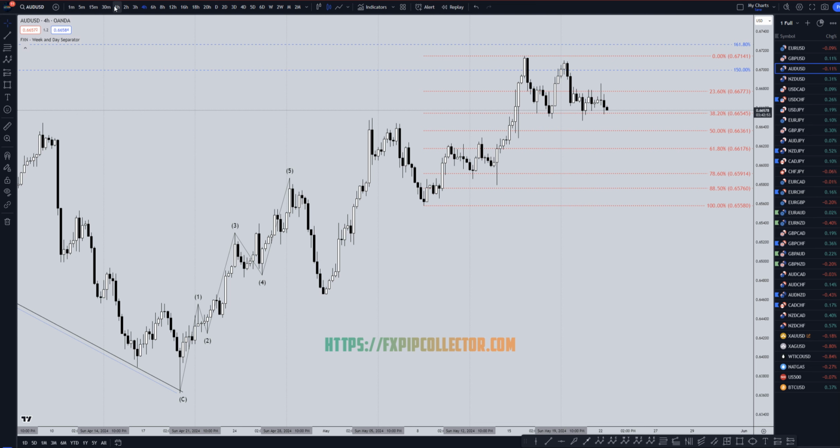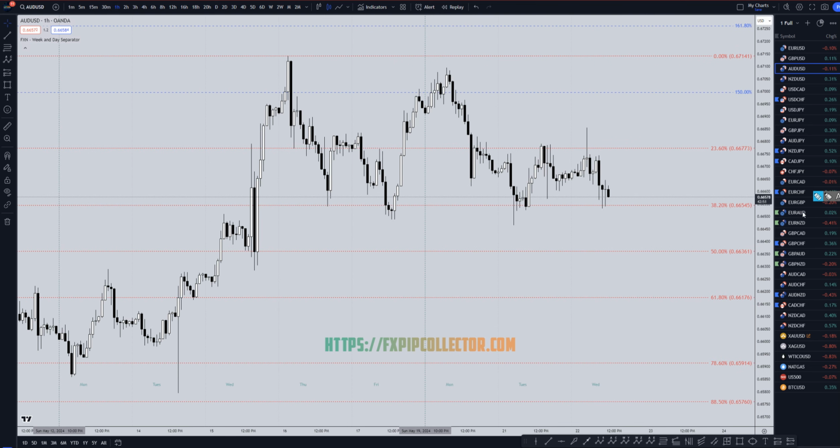So heading down to the 1 hour time frame. On the 1 hour time frame, it looks like it's making some sort of a 3-3 pattern, like 1, 2, 3 waves down. This move up is more like a trend, but I think there probably is a wave A here. This probably is a wave B, and I think we are likely to go down, like I was saying on the 4 hour, to at least a 61.8 or a 50% Fibonacci retracement.